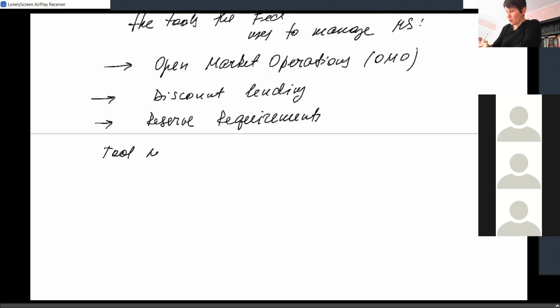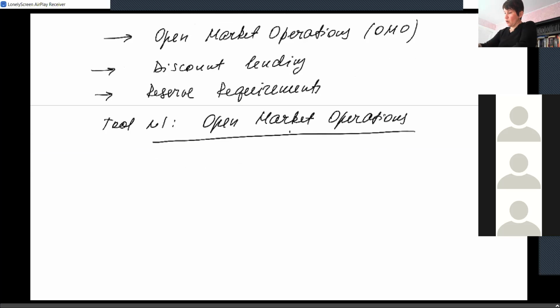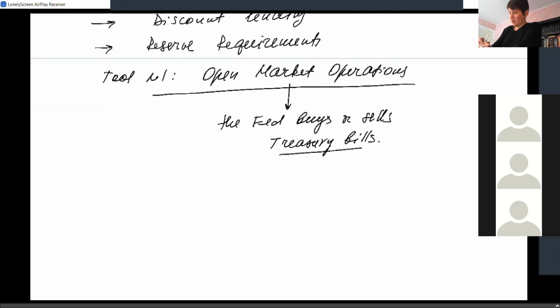So tool number one, open market operations. Open market operations are the actions of the Fed of buying or selling treasury bills. Okay. A treasury bill